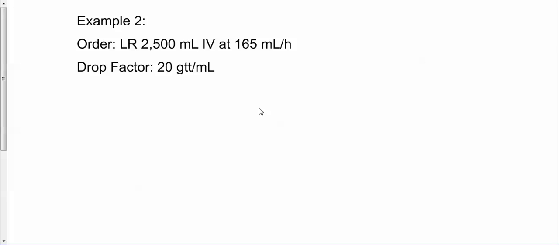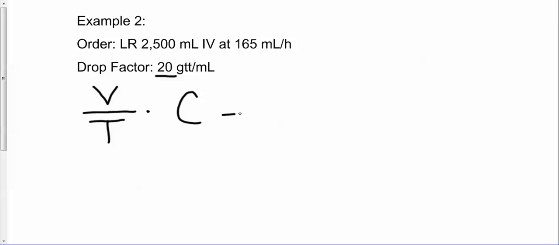In example 2, we have a lactated ringer, and we have a large IV bag of 250 milliliters to 1,500 milliliters at a rate of 165 milliliters per 1 hour. And the drop factor is 20, which means the drops are a little bit smaller. They're not micro drops, but they are smaller than the previous drops. Now again, we take our formula. We have volume in milliliters divided by time in minutes, times the calibration,